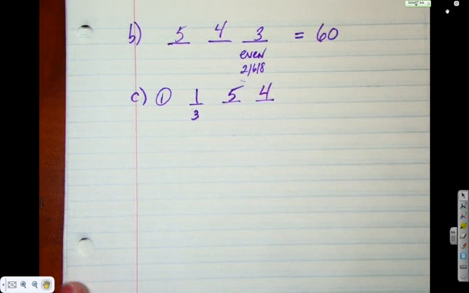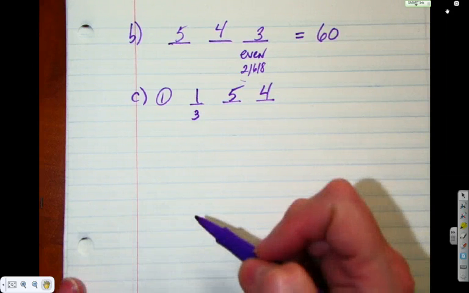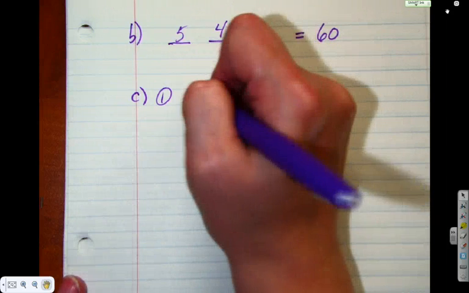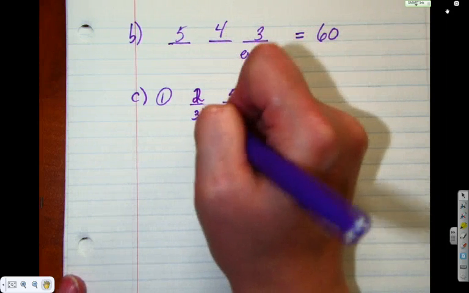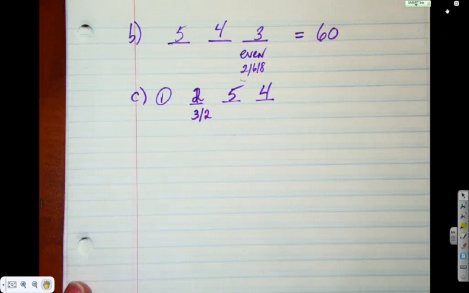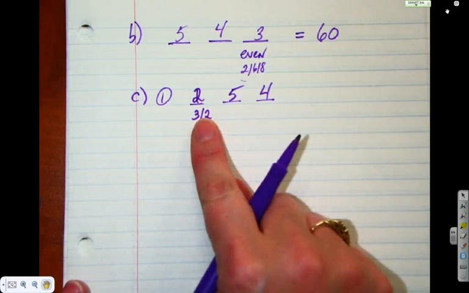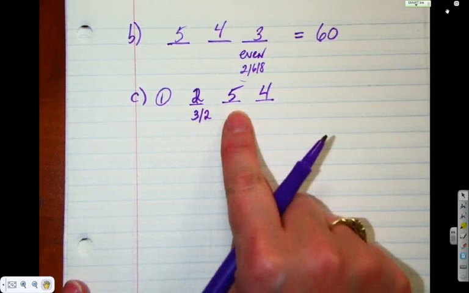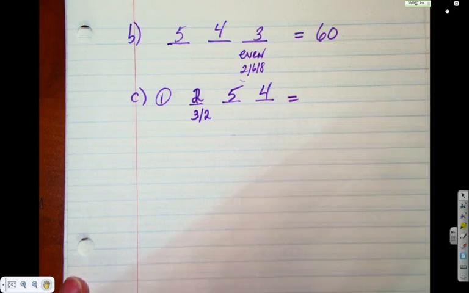Okay, here's the offer. Talk it out. It could be 2. The first one is either 3 or 2 because it has to be less than 400. So can we combine a 3 and a 2? Okay. You could do those as separate cases if you want to. We're just going to combine them. Okay, so we agree this is 2. Why is this 5? Okay, so total for this case?